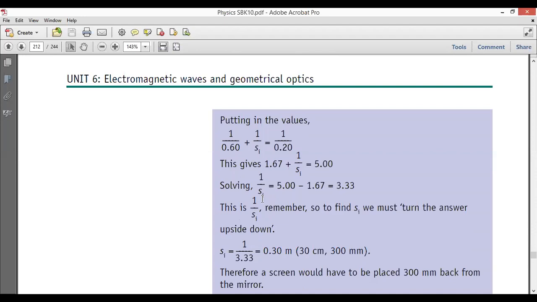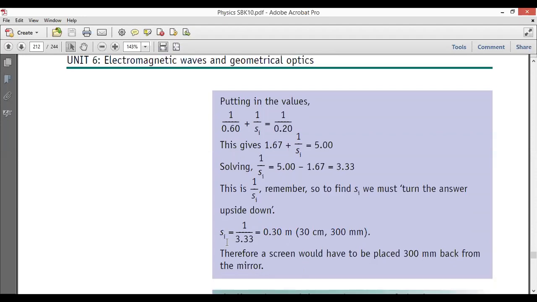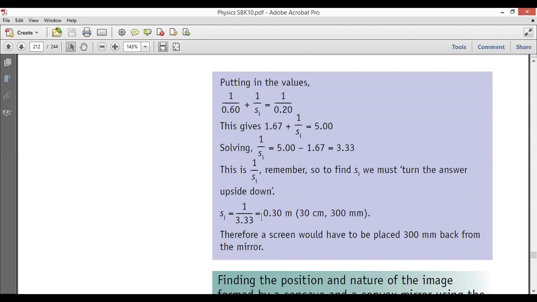But this is 1 over si, so you have to flip it. When you do that, you find 0.3 meter, the distance of the image from the mirror. That means 300 millimeters, and it is going to be behind the mirror. Okay, so this formula is important. I want you to just